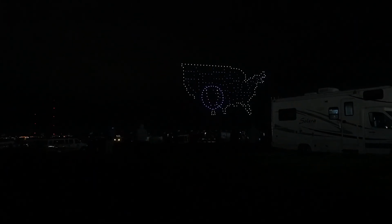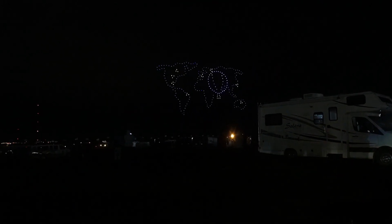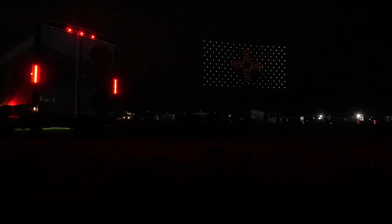Drone show starting, everybody! This was my very first drone show that I have ever seen, and my camera does absolutely no justice to how incredible it actually is watching these drones move in unison. While this drone show was happening, I learned something very important, which is probably the key element to why the Balloon Fiesta is in